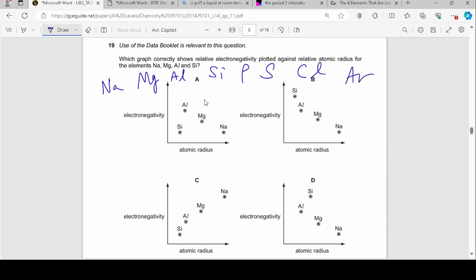I just like writing down period 3, honestly. Period 3 and group 2, those are two of my favorite things to write down. Anyways,